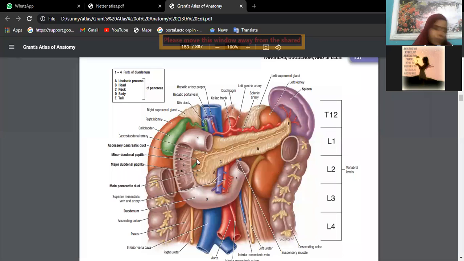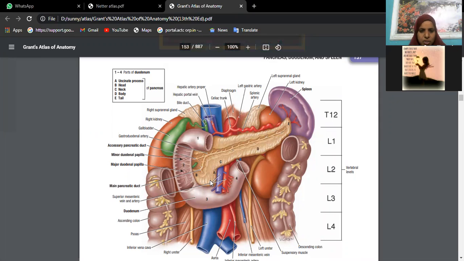So let's continue. We were doing the duodenum, right? In the duodenum, there are the first part, second part, third and fourth part. In the second part, you are finding, see, this is the pancreas. The presenting parts of the pancreas are, what are the parts we have? This is head, this is neck, this is body, and this is tail.